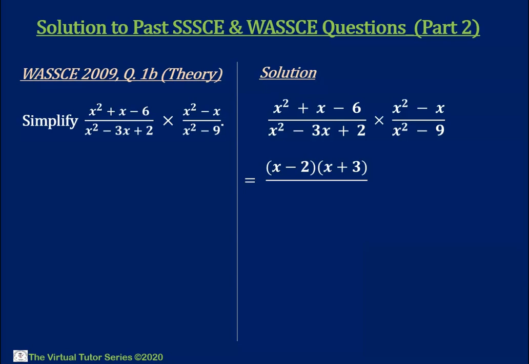The product of 1 and 2 is 2, and two factors of 2, which sum up to -3, are -2 and -1. So the factors of that expression are x minus 2 and x minus 1 multiplied by